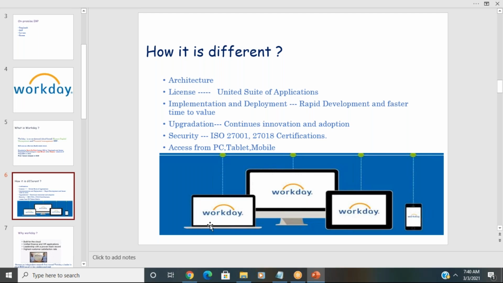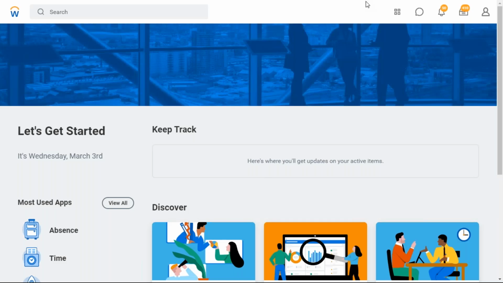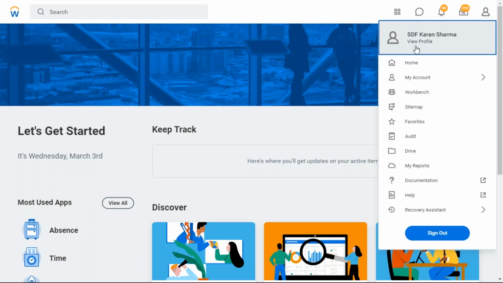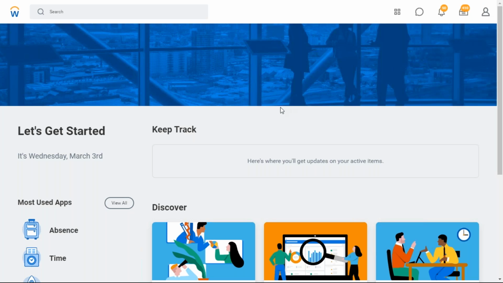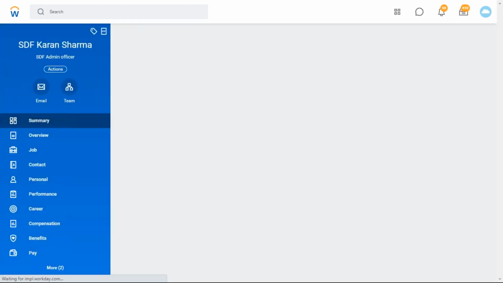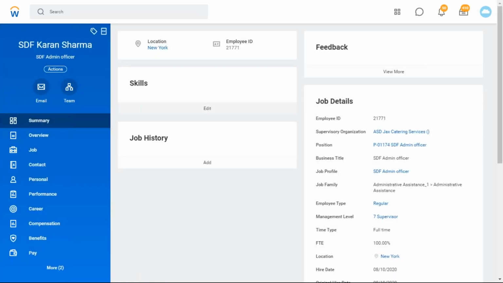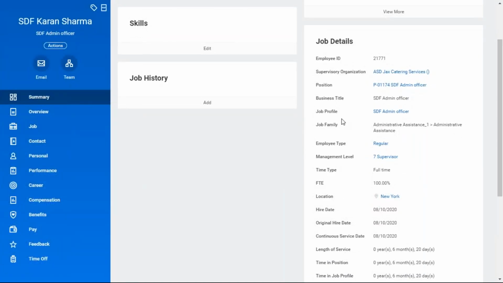In PeopleSoft or SAP, everything is customized. Let us assume that this is a PeopleSoft screen. We are viewing the PeopleSoft employee profile here. Here you can see that. In a PeopleSoft employee profile, you can create anything. The order is different, the name is different. If you click something, another page will open through a hyperlink. You can create as you like.